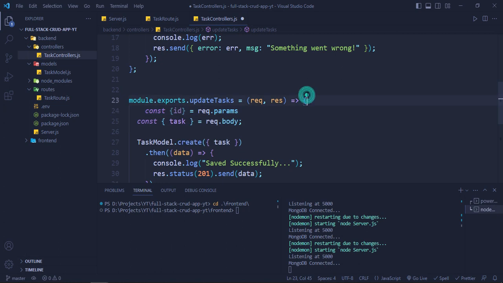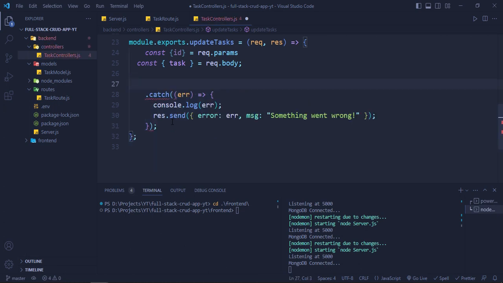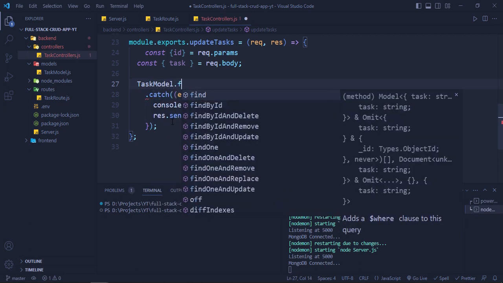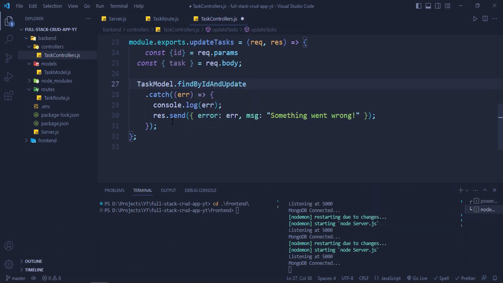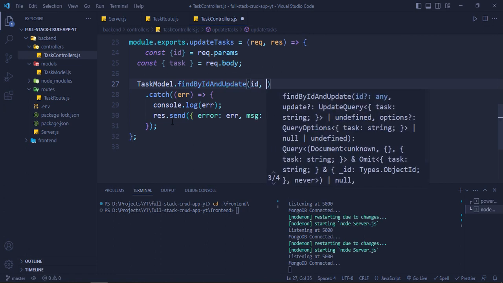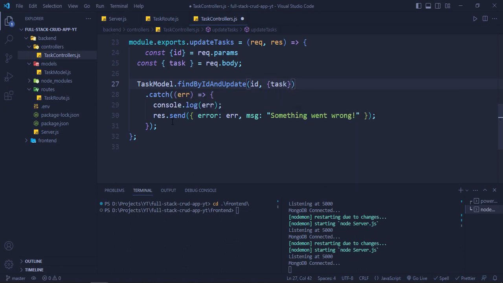Okay, and then instead of create, we are going to remove this part here, and we will do taskModel.findByIdAndUpdate. This function will take id as well as task. Okay, once this is done, then we can say .then,